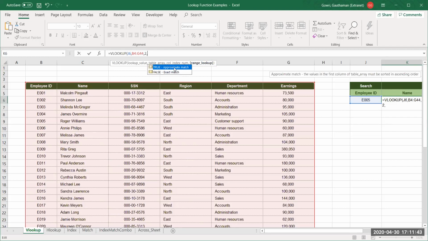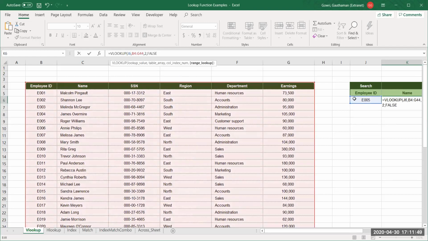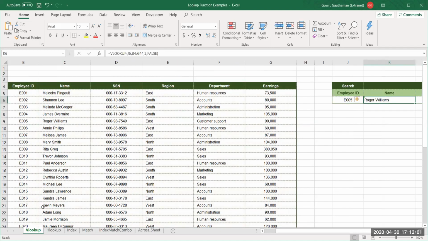It is always best to give exact match so that whatever your search value or lookup value is, it will be matched exactly from the database that we have selected. Close this, press enter. You will see the result here, Roger Williams. Let's check: E005 is Roger Williams. So we got the name.